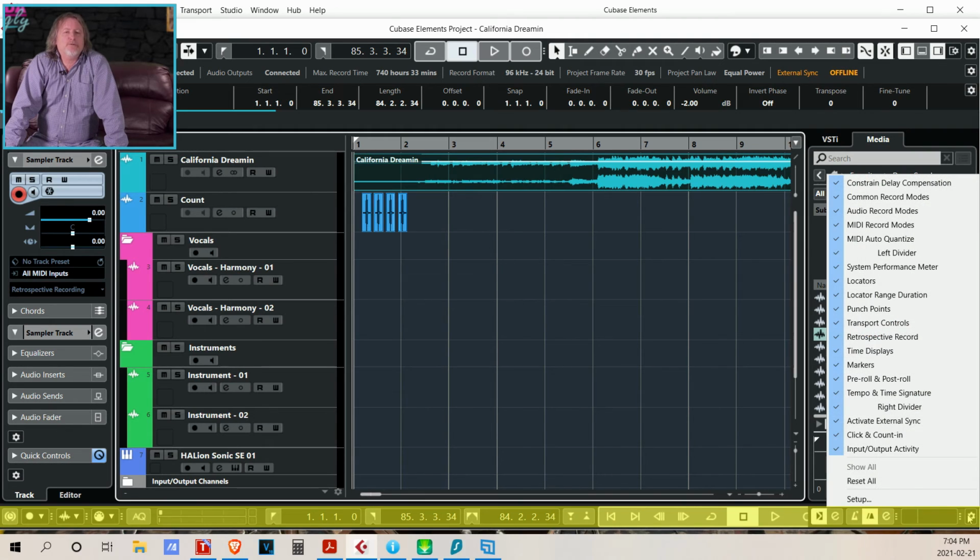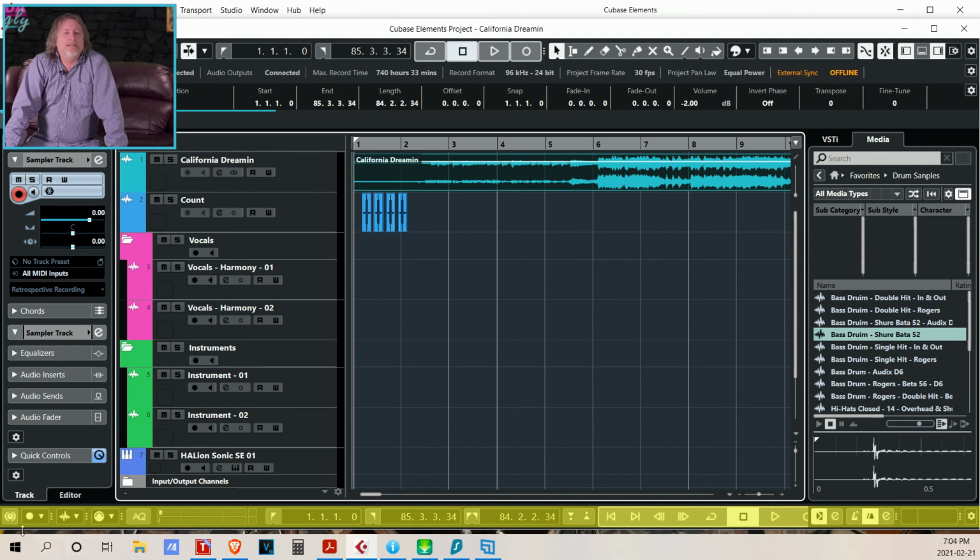Transport bar. The transport bar allows displaying the transport functions in an integrated and fixed zone of the project window. You can select which options are available to be displayed in the transport bar by clicking on the settings button located on the far right of the transport bar. The transport bar includes the following information: constraint delay compensation, common record modes,